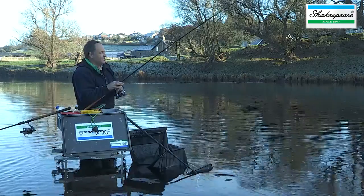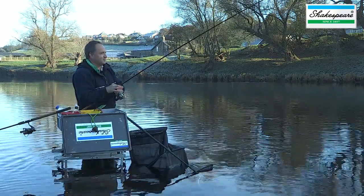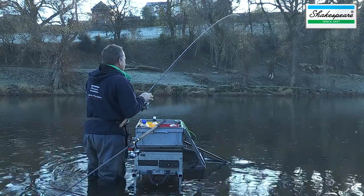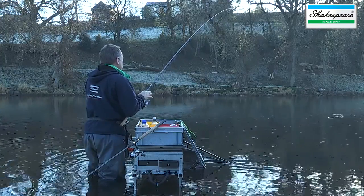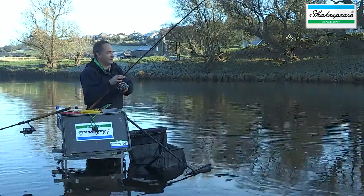Hi, you join us today on the River Ribble in Lancashire, just outside Preston. Our cameraman Ian Chapman put us onto this venue and it's already proving to be absolutely awesome. We're catching wonderful dace like this